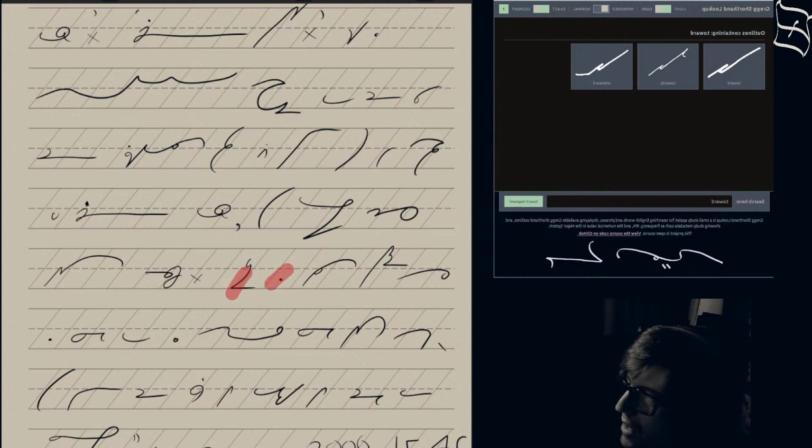Often the text. Wait, undo. Anyway, often the text.